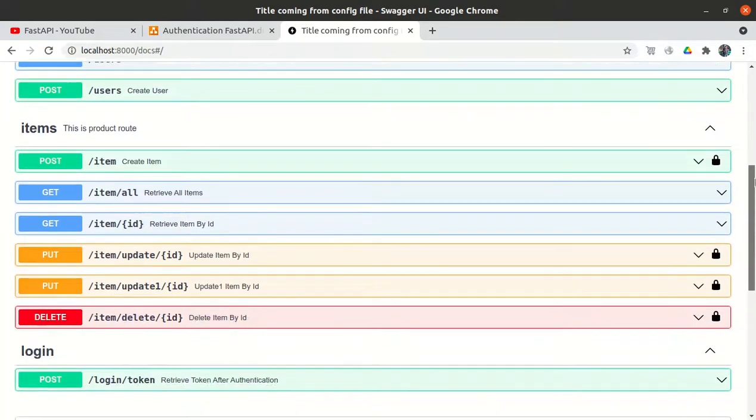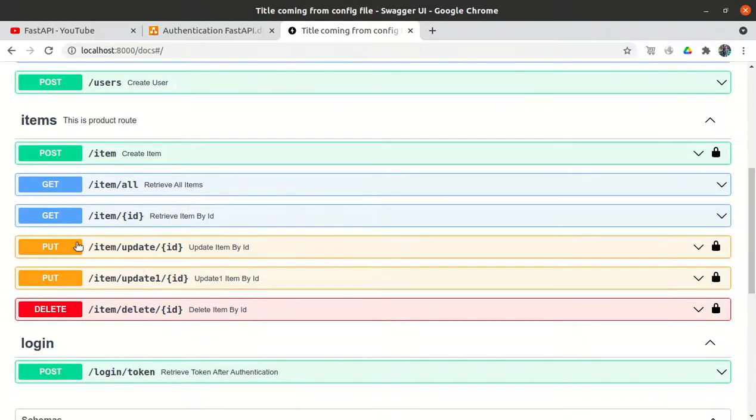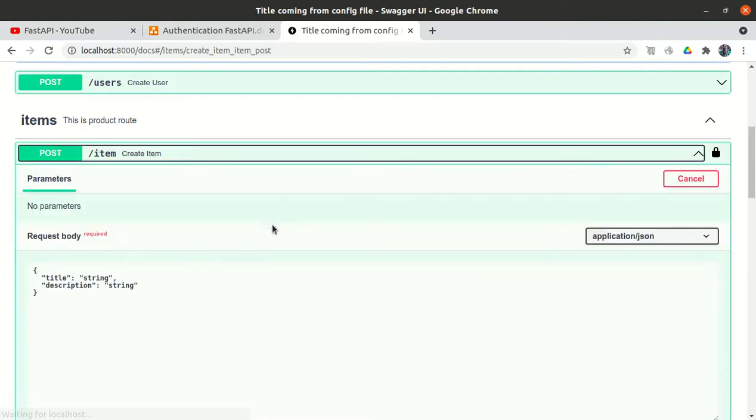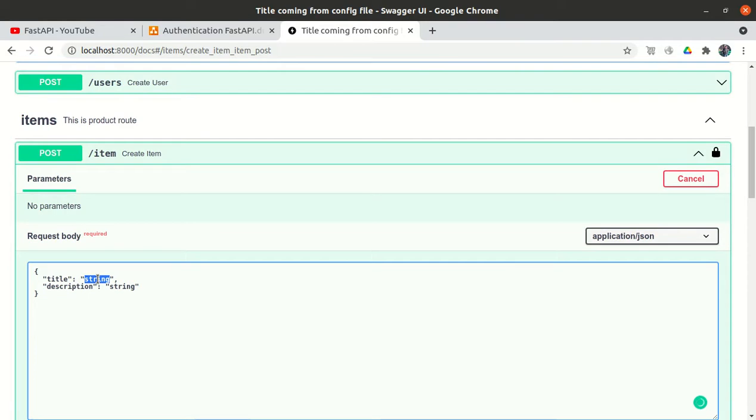So now if I try to create an item, let me type example item, this item created by example user, alright.